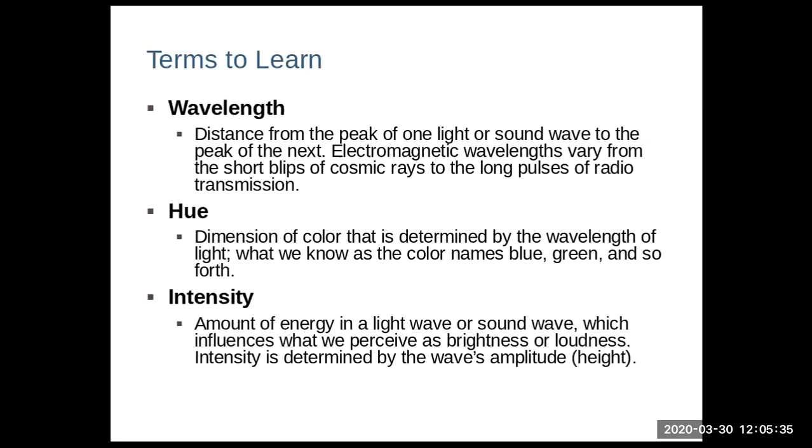That is determined by the distance between the two peaks of the wave, or how many peaks over a given amount of time. I'll show you what that means. We call that frequency. And then we have the height of an individual wave itself. The height of an individual wave is known as its intensity. We call this the amplitude or height of the wave.